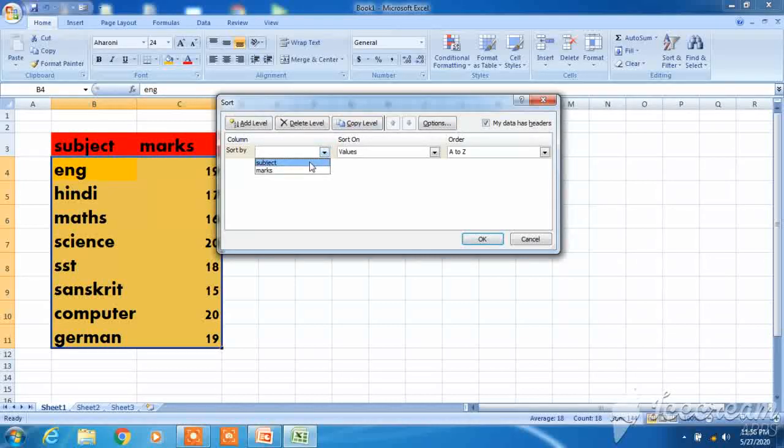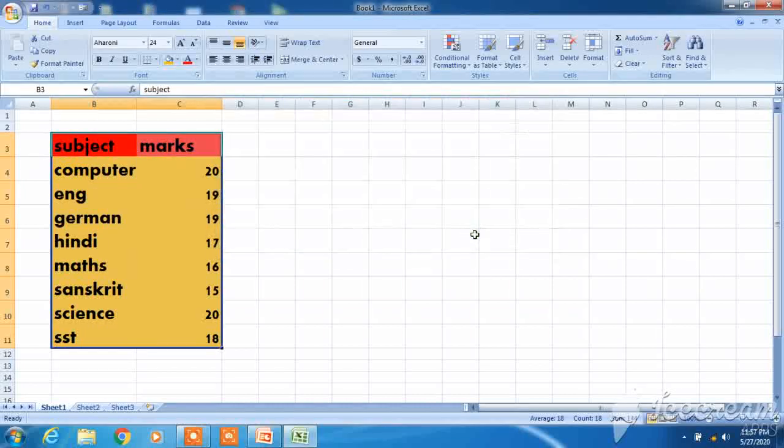Sort by, first is subject, values, and then A to Z. Add level for the next type of sorting. Then by marks, values, marks will be sorted smallest to largest. Fine. Now click on OK. See, the subject has been sorted and the marks are accordingly sorted.